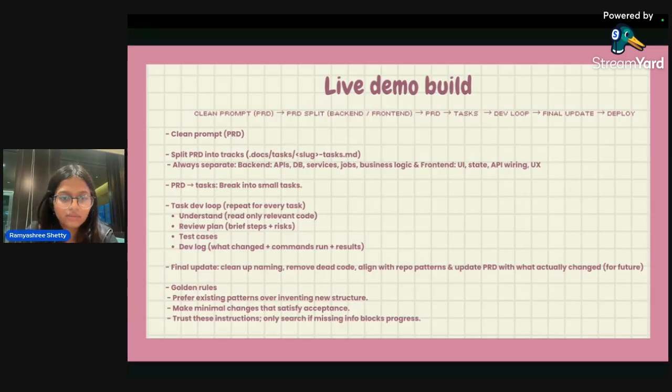So that's there. Some golden rules which I've written: make minimal changes that satisfy acceptance. Honestly, the term minimal changes is basically explaining more about the task. The reason why we make it small is because AI does small things very nicely and very easily. When you give it a very big or complex task, that is when it starts acting weird, and it